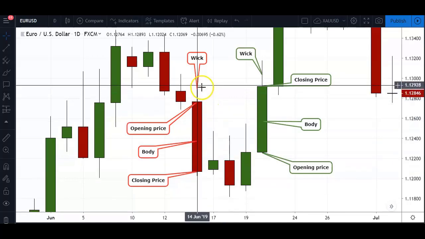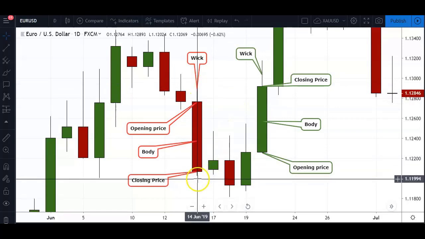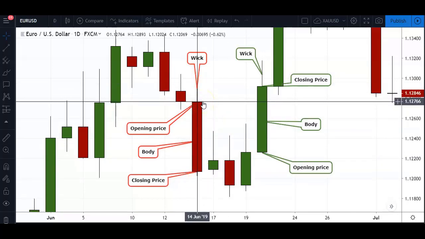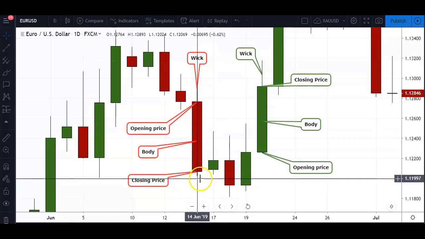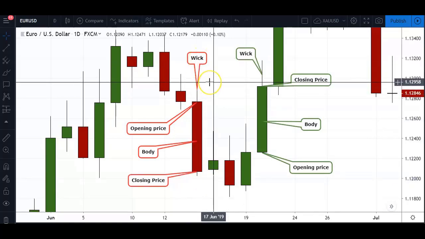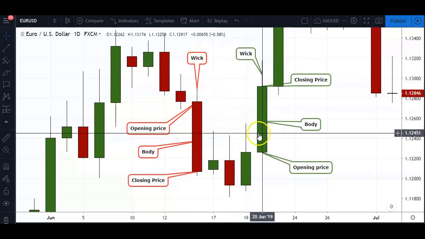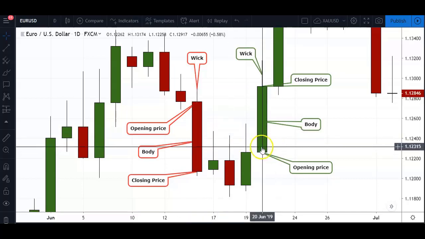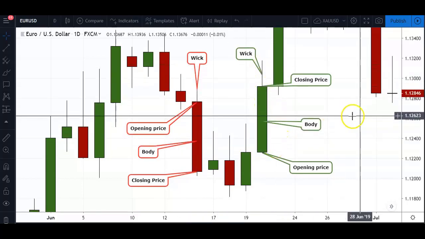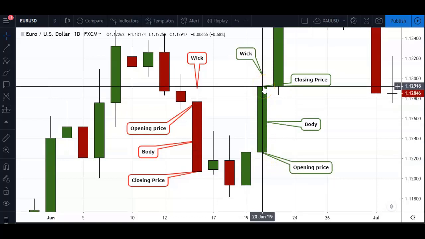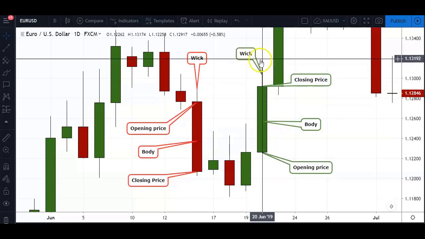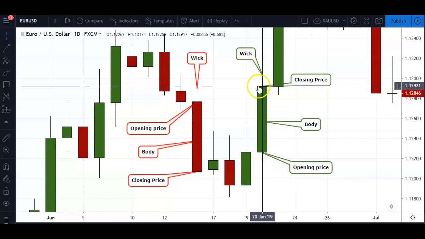Now, price actually went up as high as this area and as low as this area, but the candle would only be marked using where price opened and where price closed. So the upper and lower excursions of where price has been are what's called the wick, or wicks in this case. On the right-hand side, we'll have exactly the inverse of the red candle, green this time, showing an upwards price movement. Again, reading from the left to the right, you'll have an opening price. Again, we'll have a pretty large-ranging body colored in green, and then price went as high as this excursion over here, which then left a wick. Price came down a little bit, and it closed at the closing price, this little horizontal area, before the next